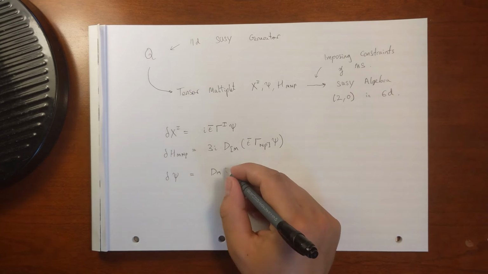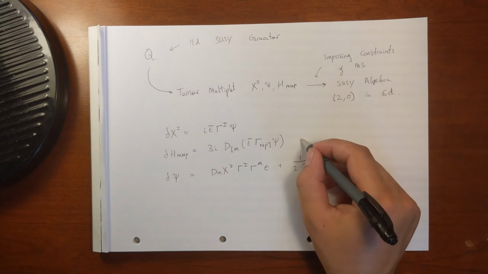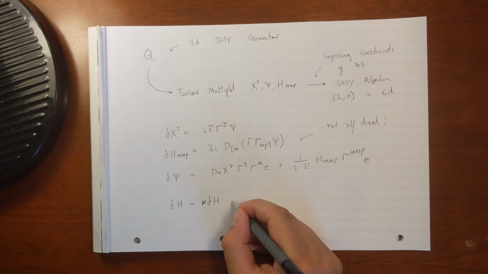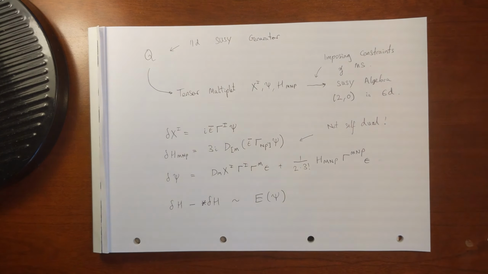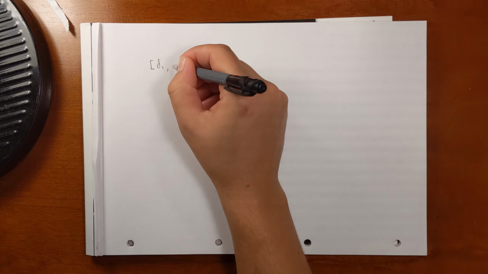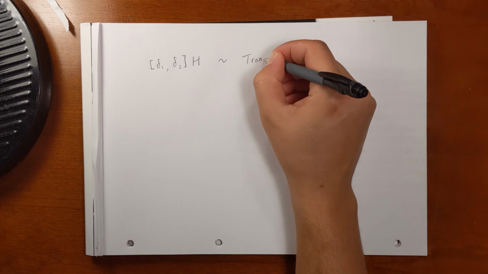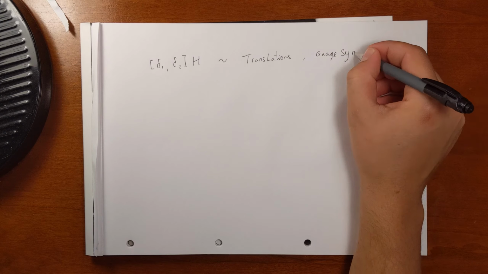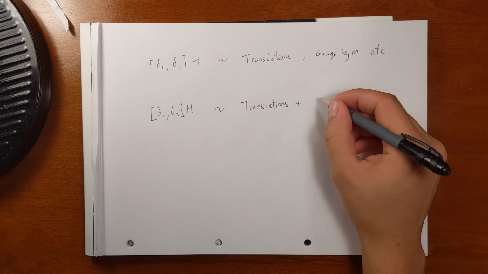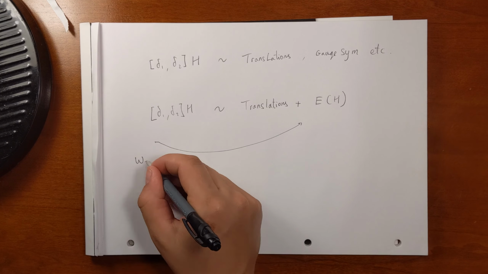Looking at the transformation rule for H, we see that it is not actually self-dual. However, the difference of H and star H is proportional to the equation of motion. So on shell, H is self-dual, as the equation of motion vanishes on shell. Furthermore, we see that the algebra doesn't even close unless you impose the equations of motion. So if we commute 2 transformations on any of the fields,